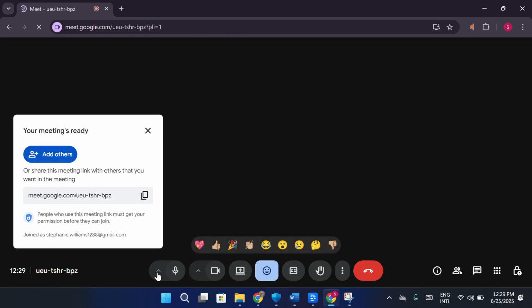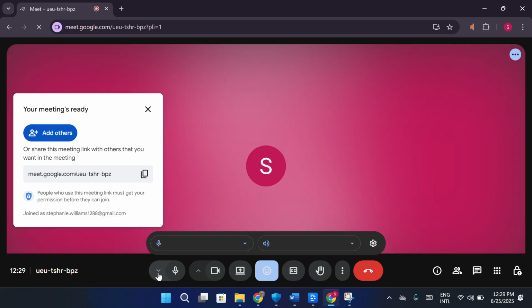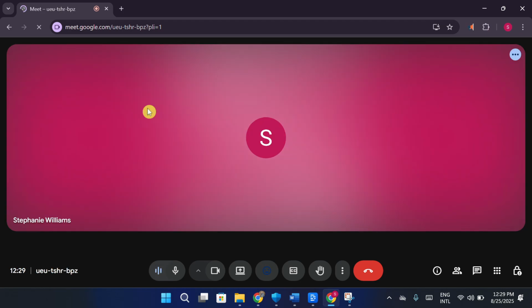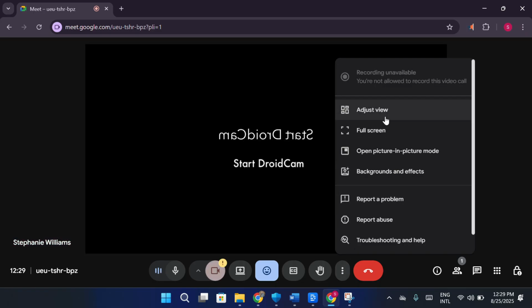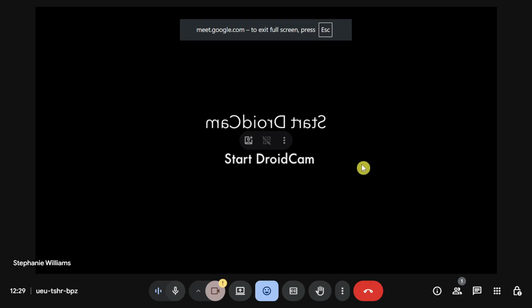Once your meeting starts, look at the bottom right corner of the screen for the three dots menu. This is also called More Options. Click on it and from the list that appears, select Full Screen. As soon as you do, your meeting will expand to cover your entire screen, allowing you to stay fully focused